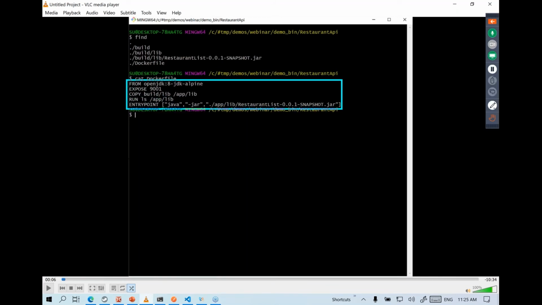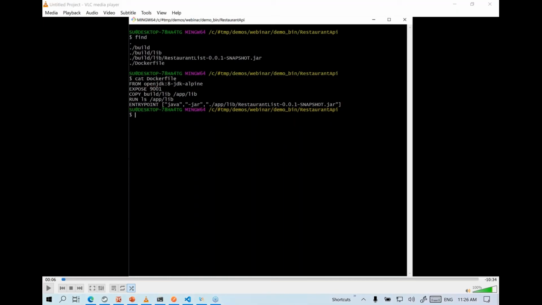I won't go into too much depth of what each line means, but for now, just know that we get to specify some base image that contains all the dependencies that our application will end up using. Like in my case, my Java Spring Boot application needs JDK, and in particular, it needs JDK 8. And I'm also specifying what port number will be used by my Spring Boot application. So it's 9001 in my case. You can choose to use port number 8080 or just 80. It's up to you. For now, I'm using this particular port number.